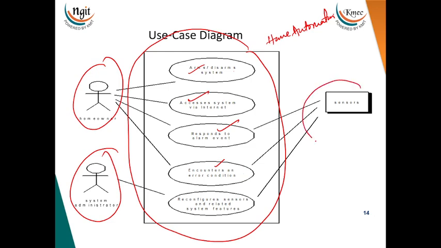This is a sensor. The user can access it through the internet and arm and disarm, but the sensor is always available, responding to the alarm. All these parts are predefined, so this is predefined and can be used. This is the use case of this one. So what we have seen is an actor, we have